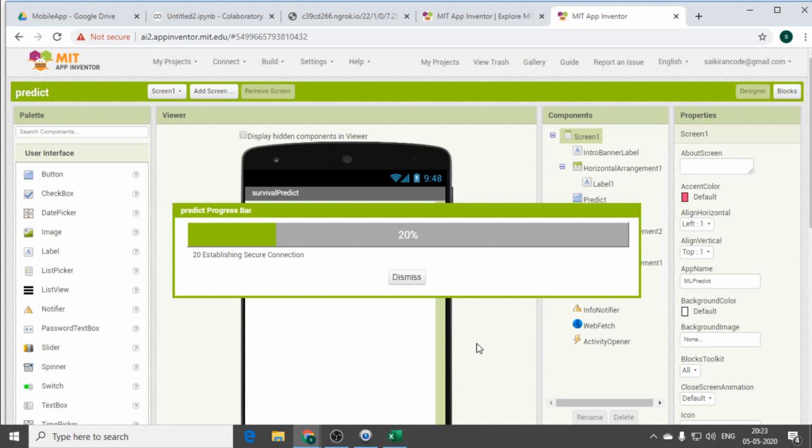The steps I have already mentioned in the PPT, where we build the blocks and how we give the connection. Don't worry about that. Everything you will be getting through mail. I have already given the tiny URL. In the tiny URL, we will get the same predict.aia file. Yes, it will take some time. Just don't worry. Within the next 20 minutes, I may need 10 more minutes of your time to get the mobile application. It is taking some time to upload.